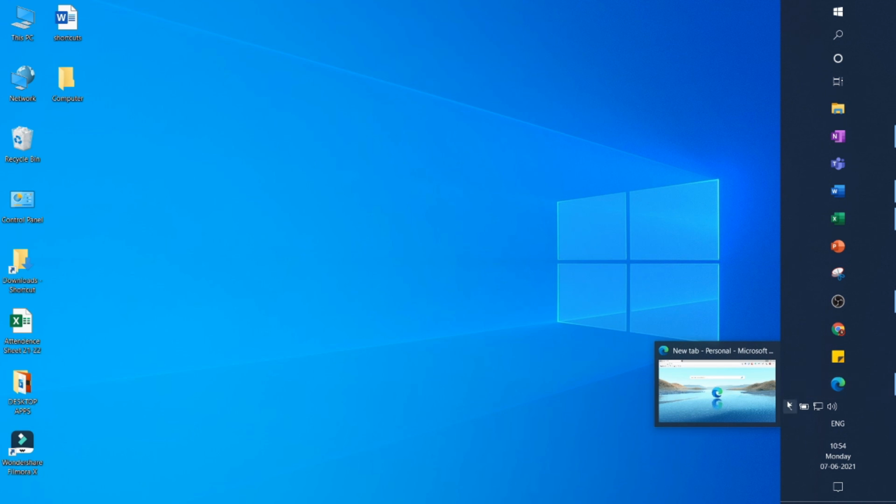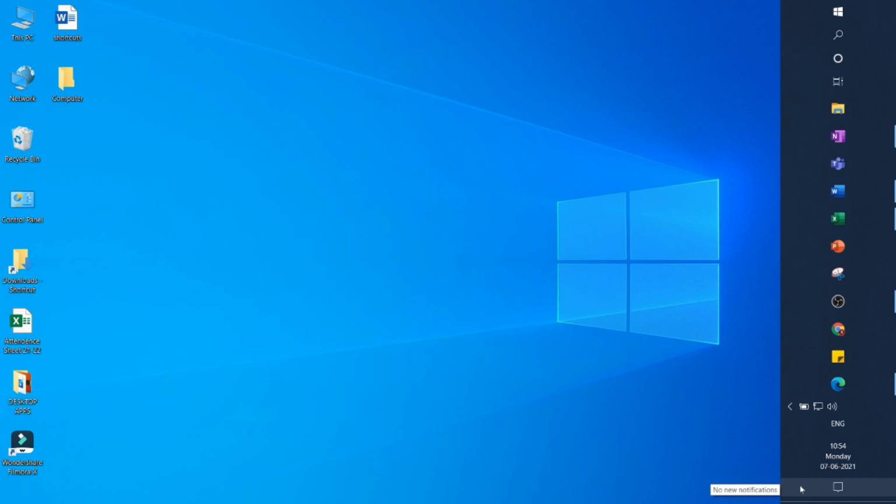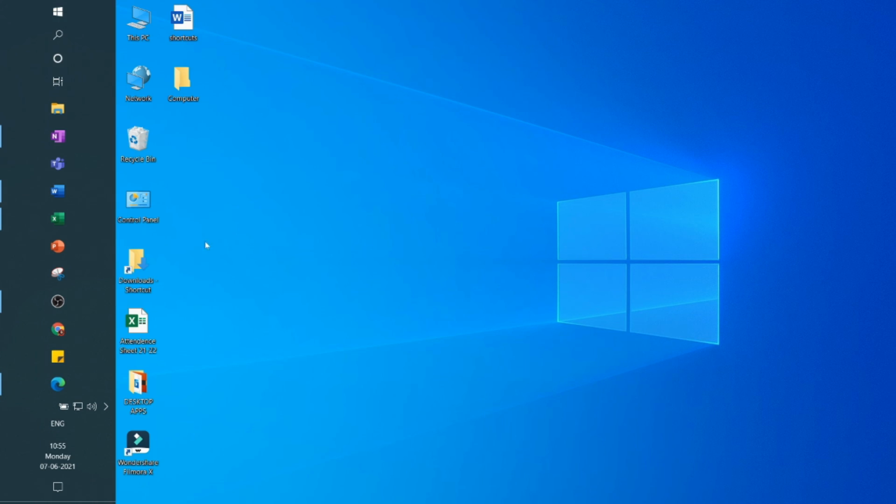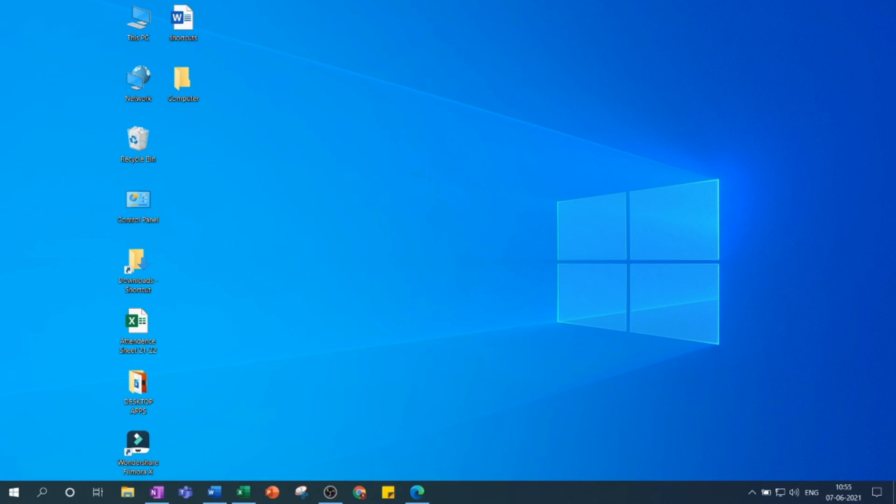Again I want it on the bottom. Keep your pointer in a blank area, do the single left click. Where is the blank area? You have to search for a blank area also. Here it is. Single left click and drag it. Again single left click and drag it. Okay, so in this way you can drag your taskbar. See, I'm dragging it again and again.